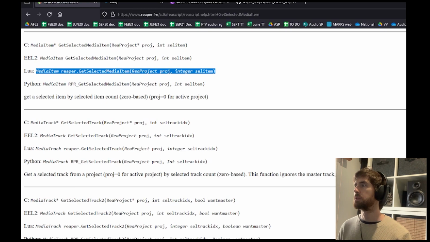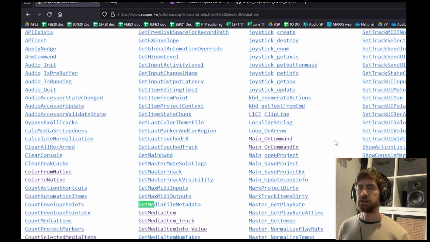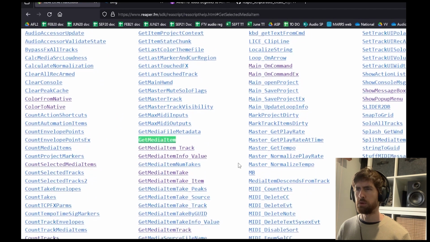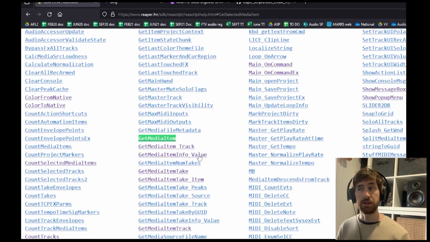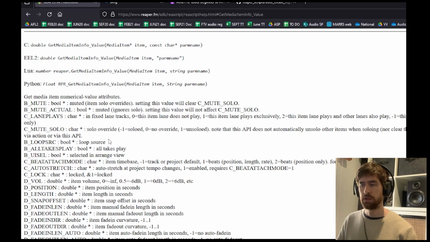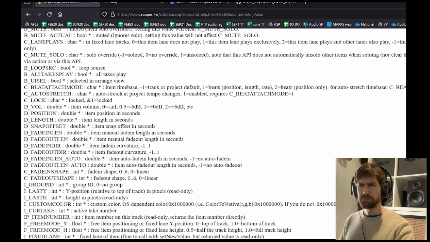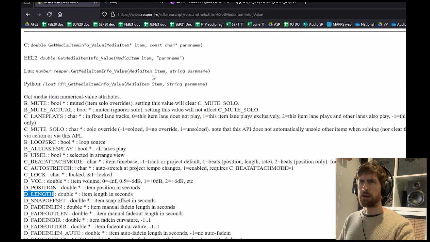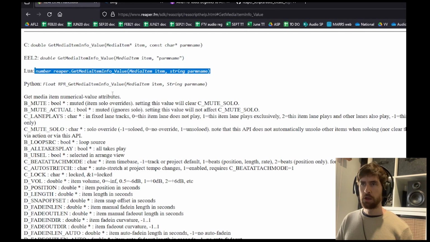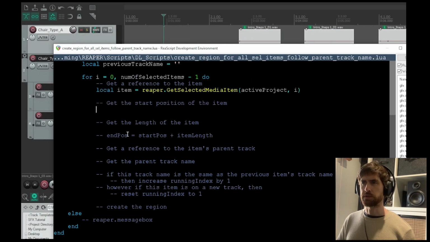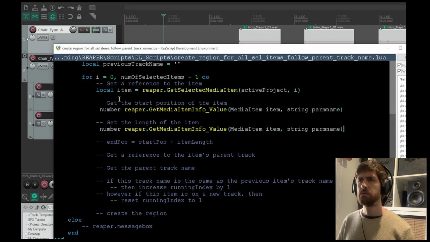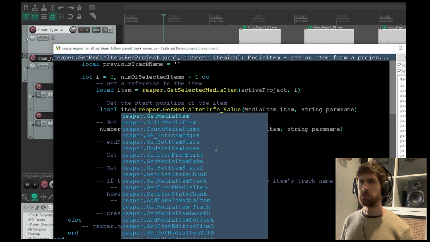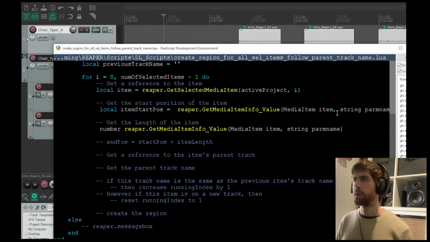So that was something like get media item info value, I think. Yes. So we've looked at this one before. Yeah. So you can query the position and you can query the length, and it returns a number. Cool. So we're going to use this twice actually, once here and once here. So start pos is going to be